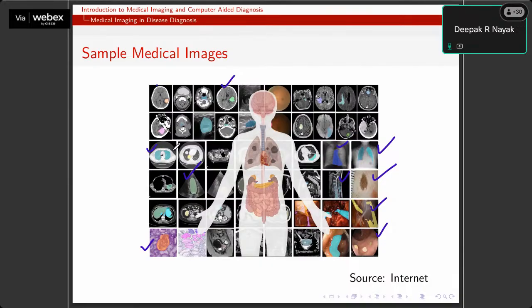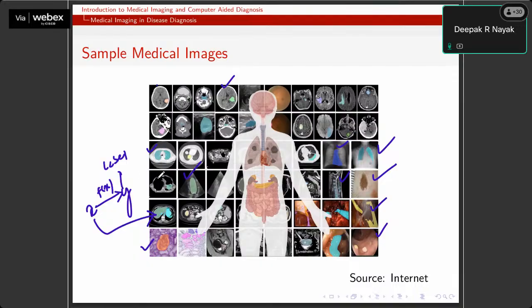and there must be some output. I'm talking about only the supervised setting, where we'll be having X and we'll be having Y, and you want to draw the relationship between X and Y. So X in this case is nothing but these images, and Y is nothing but the label, which must be provided by the doctors. And then only you can make a relationship between X and Y. But getting these labels is very, very difficult.